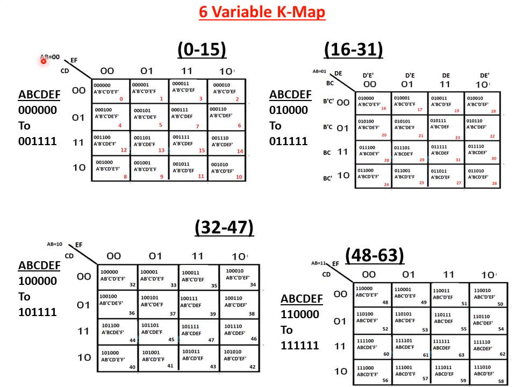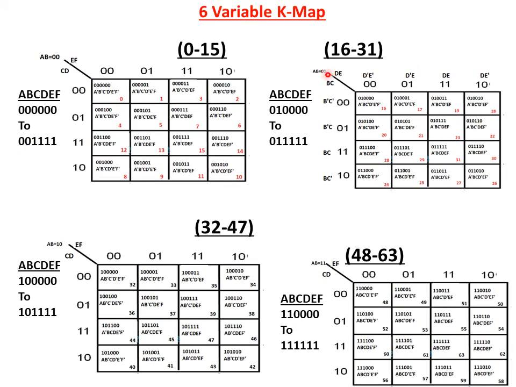The common variable for all cells is taken, the variable is AB. This is 0, 0 for the first cell, 0, 1 for the second cell, 1, 0 for the third cell, and 1, 1 for the fourth cell. Now we will see the proof for that. AB is equal to 0, 0. For this cell, 0 to 15 is represented. For this case, the AB is equal to 0, 0.